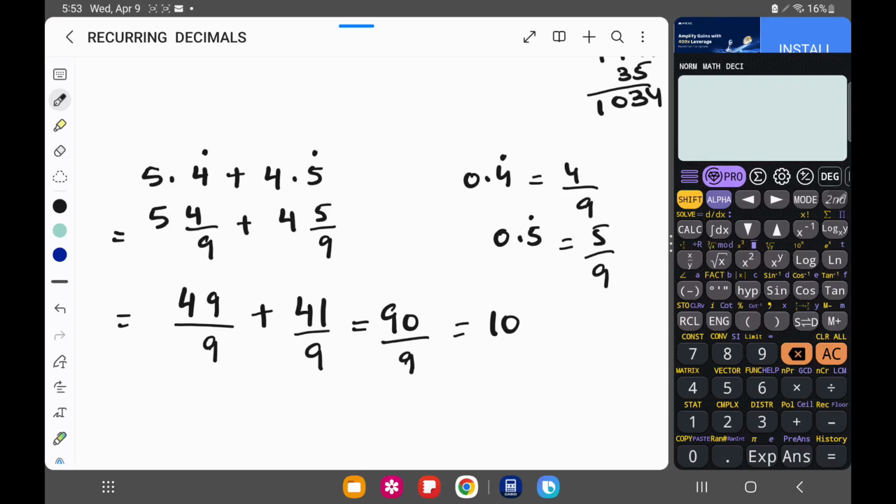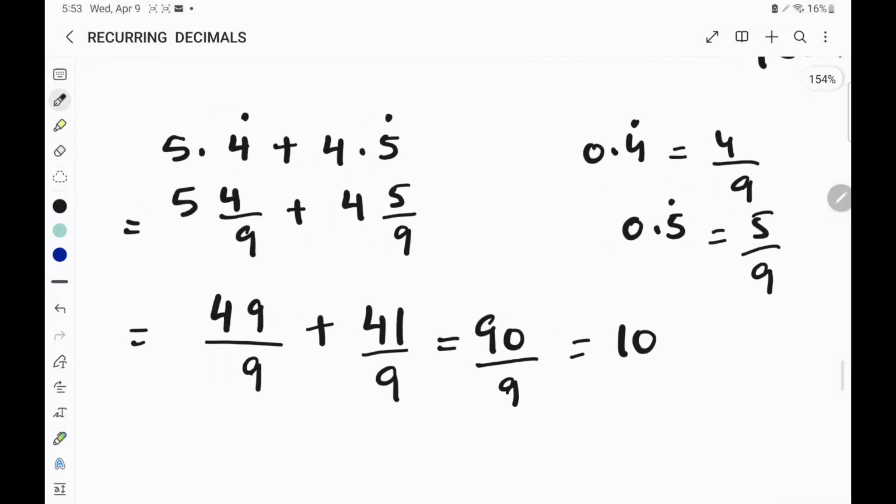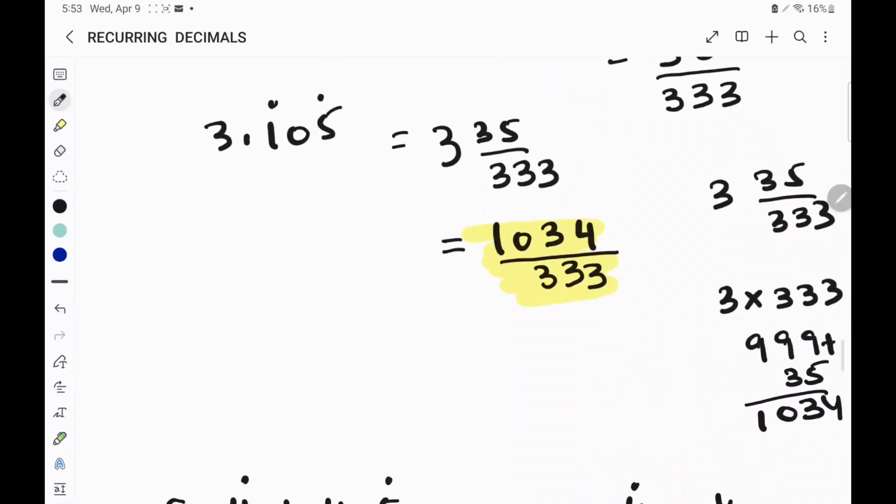It can also be possible. I hope you understood how to convert recurring decimals into fractions, and I gave you lots of examples. I hope all of you have understood what to do if one number or two numbers are repeating. I told you everything in detail.